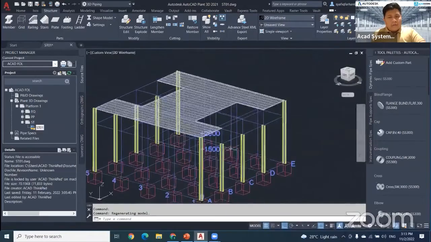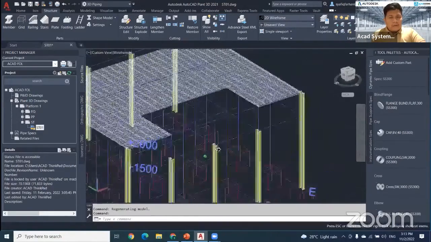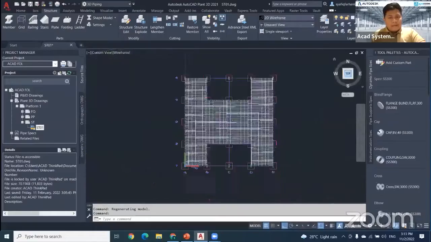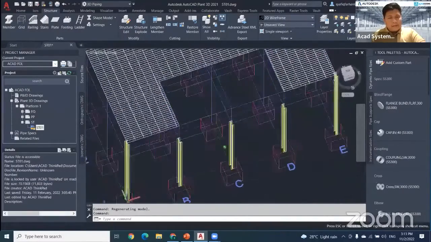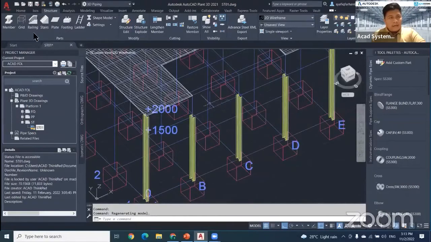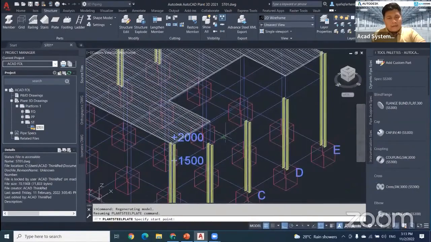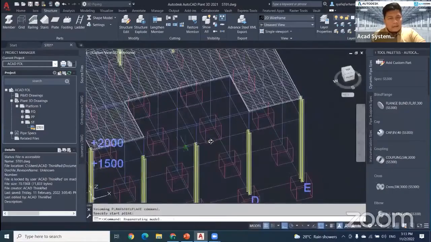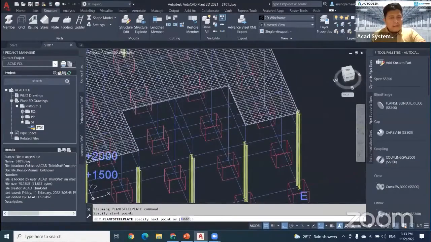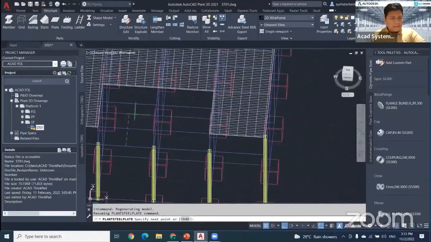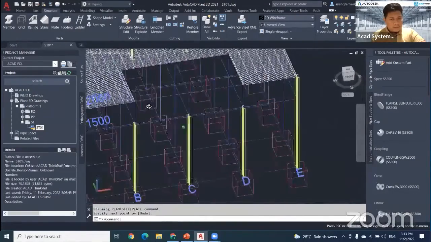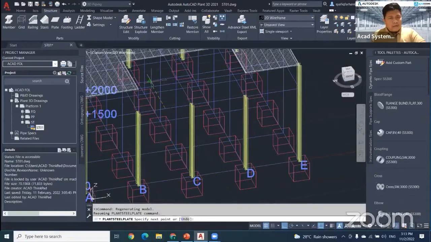Okay, so at this area also, if I want to insert the grating, we are able to do that. For example, here I just want to insert the grating from this point, from this line. I just roughly make sure that I have my object snap on. So again, click on this plate, create, and from this line to this line, to this line,